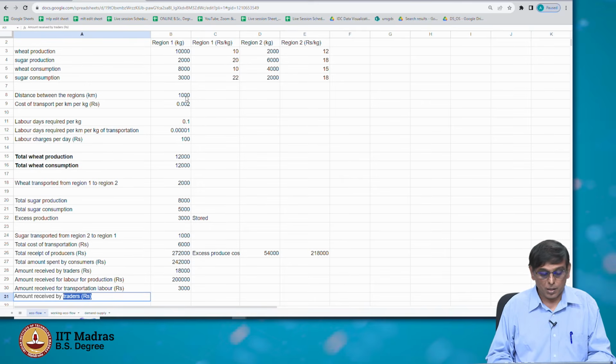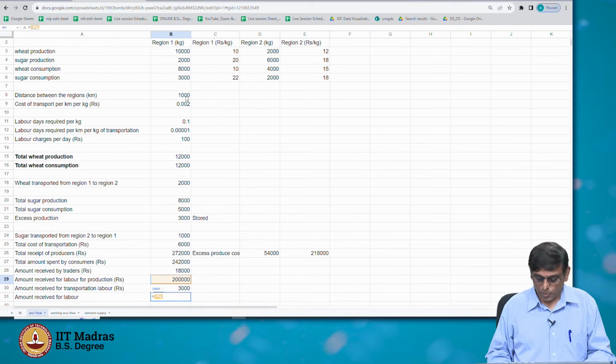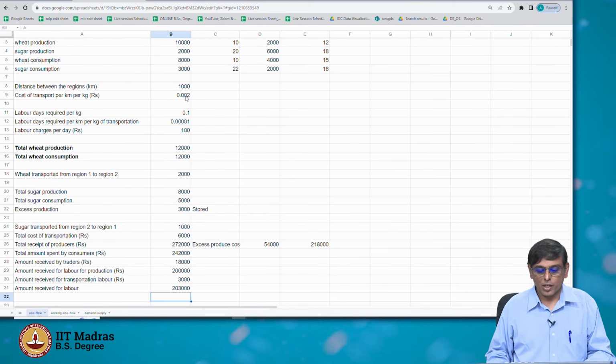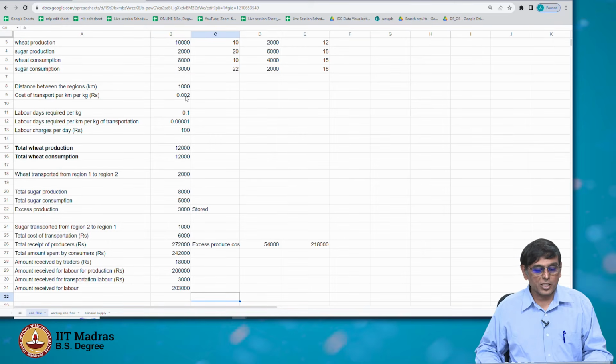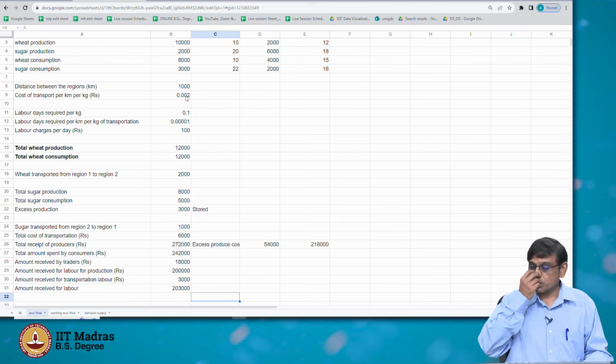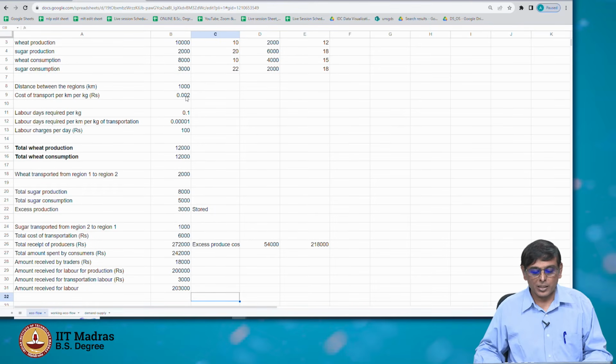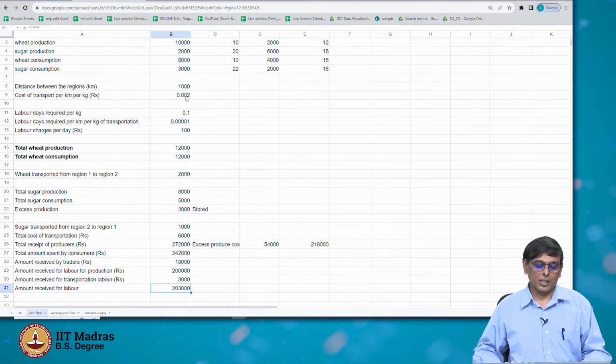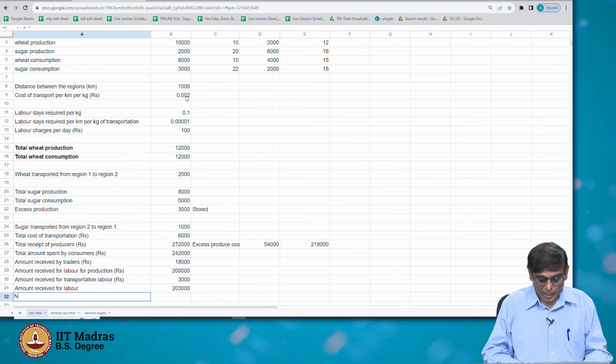So, total amount consumers received, total amount received for labor. We are not calculating capital and all. Total amount for labor is therefore 2 lakh for production plus this for transport. So, 2 lakh and 3000 rupees received. So, in some sense the households received 2 lakh 3000 rupees for doing labor in the firms, either for transporting or for producing, but they spent 2 lakh 42,000 rupees. So, there is a net deficit